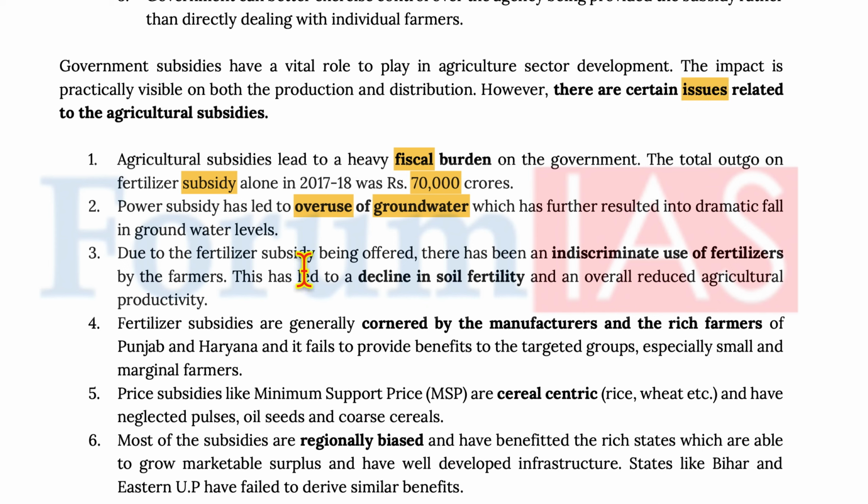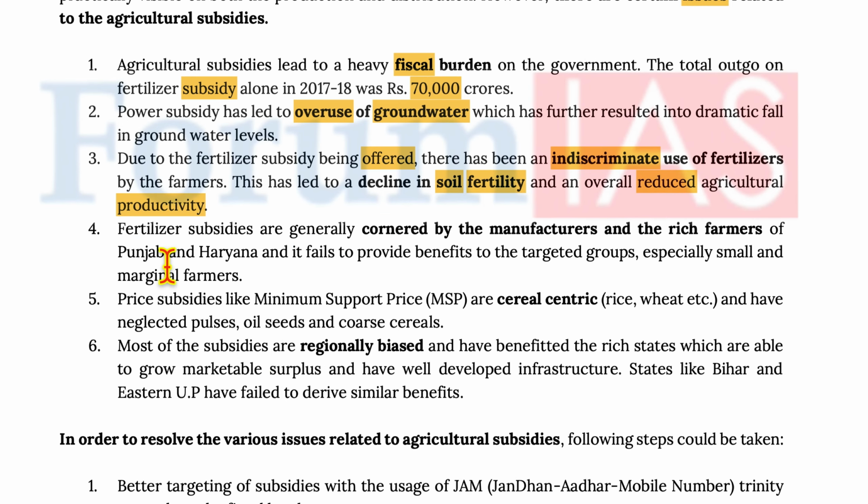Due to fertilizer subsidy being offered, there has been an indiscriminate use of fertilizers by the farmers. This has led to a decline in soil fertility and an overall reduction in agricultural productivity. Fertilizer subsidies are generally cornered by the manufacturers and the rich farmers of Punjab and Haryana. It fails to provide benefits to the targeted groups, especially small and marginal farmers. Now, price subsidies like MSP and others are cereal centric,